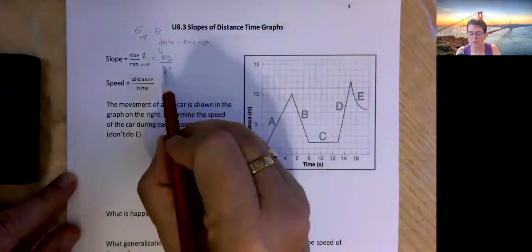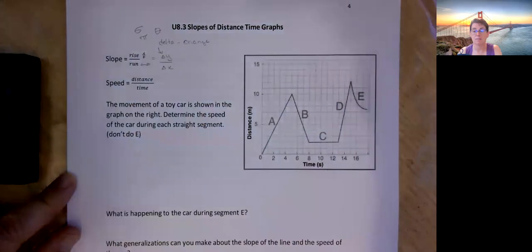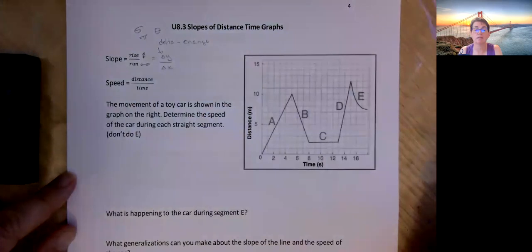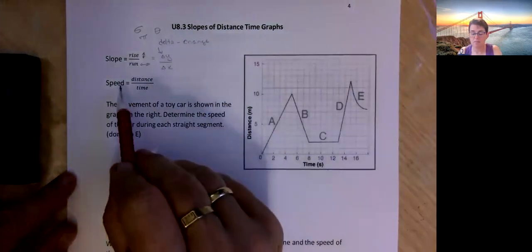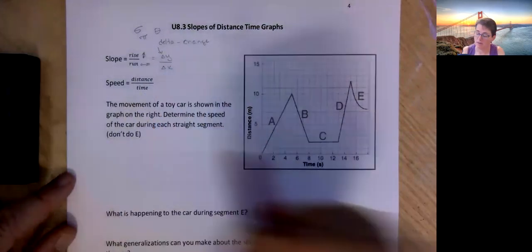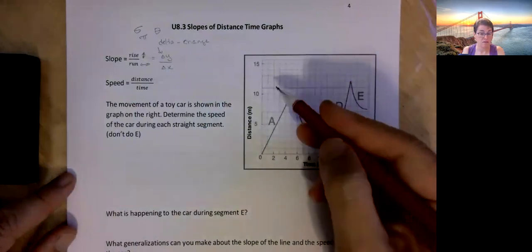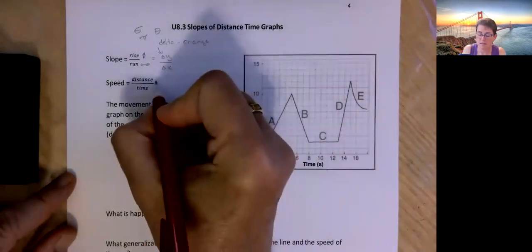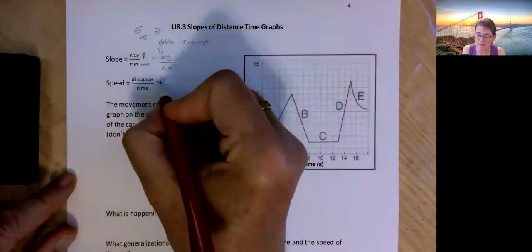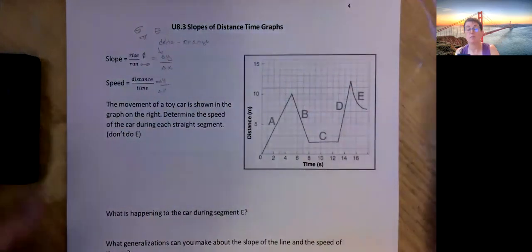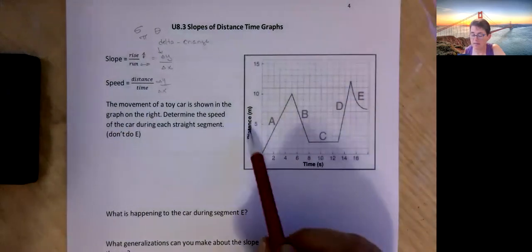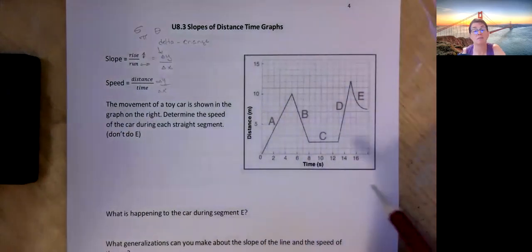So the change in y or the change in x. Well, y is the up and down axis. X is the horizontal axis. There's a different way of writing it. And speed is distance per time. You know that. It's like so many kilometers per hour. So it's a distance divided by time. So if you look on the graph, your distance is the y-axis, and time is your x-axis. So the point is, if you find the slope of a distance time graph,